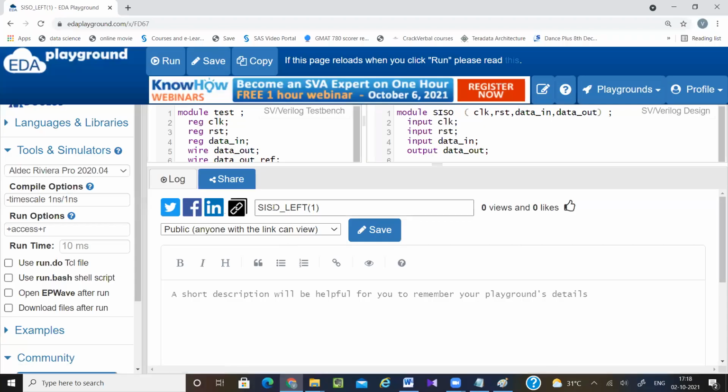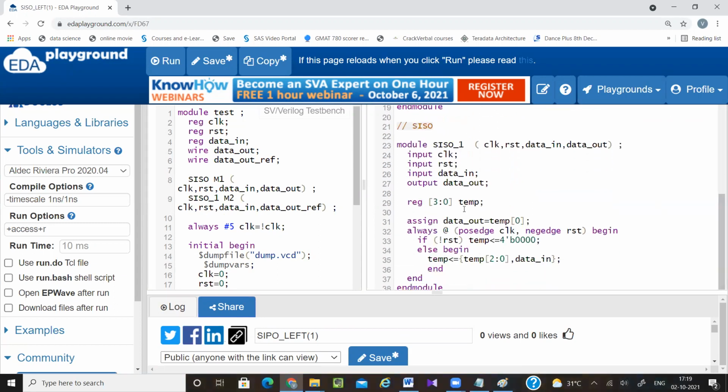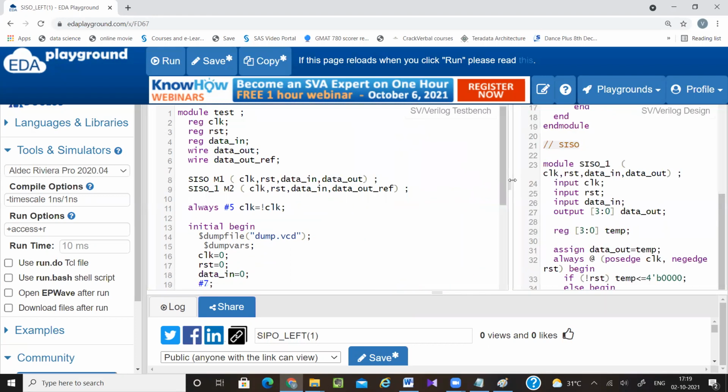So how can I write this SIPO? Just one change. Here for data out, I have to take 3 down to 0, and here I have to write data out equal to temp. This is the only change from SISO to SIPO.